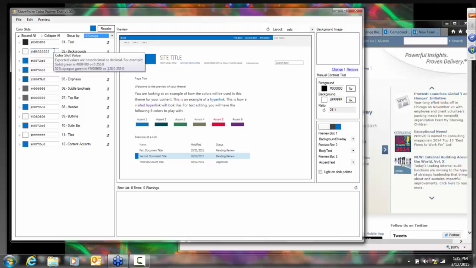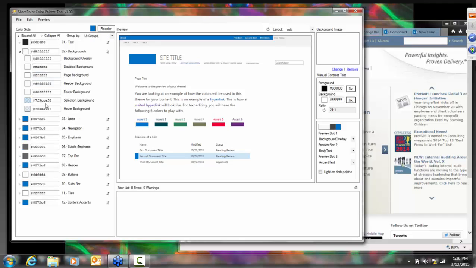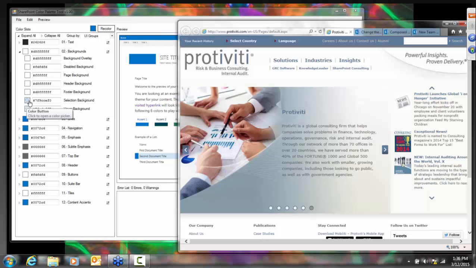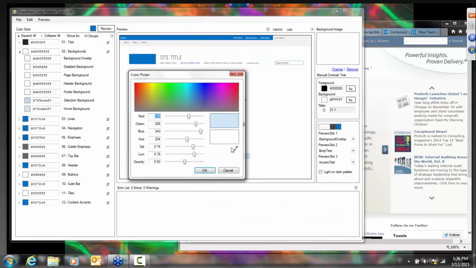So the first one I'm going to change is the background color. So I'm going to pick this selection background, and the selection background is going to be this shade here. I'm going to select the box and then the eyedropper, and then you have to hold the mouse down, and now I'm going to go over to my site here. I need to get this out of the way. Take the eyedropper, and I'm going to select, let me swap these around